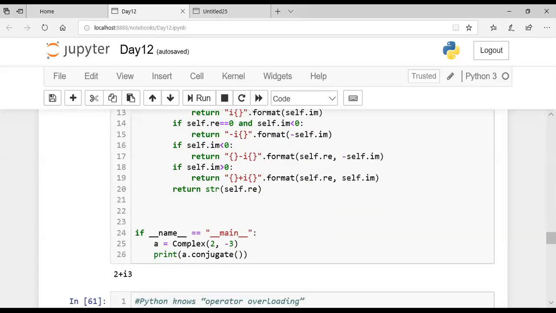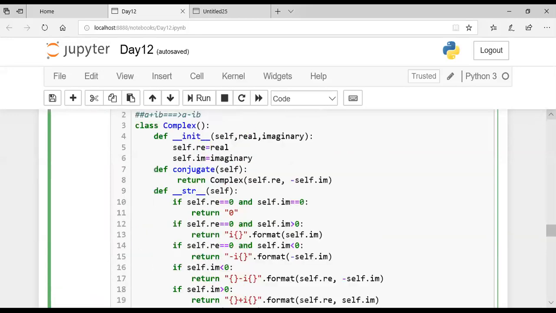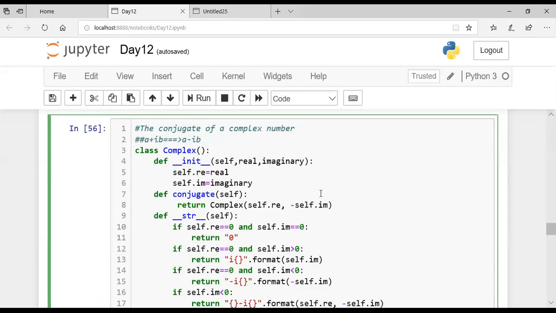And then running it. So when you run a equals complex 2 comma minus 3, that means 2 minus i3 is there. So its complex conjugate will be 2 plus i3. It is there. Okay. Is it clear, students? To find the conjugate directly, you can mention the parameter as minus of the imaginary part. You will get the answer directly. Okay. So this also I'm copying and giving it to you.